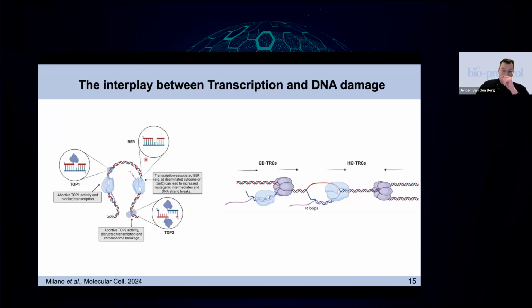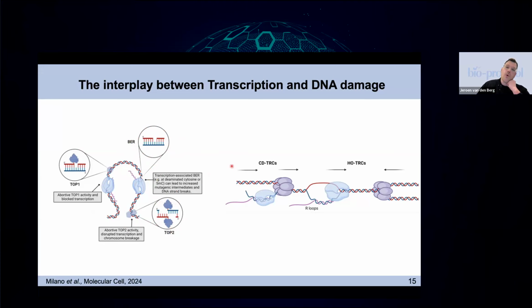There is a high turnover of DNA methylation in or around promoter regions and in transcribed regions, which sometimes requires base excision repair to remove these unfortunate lesions. And in the worst case scenario, you can also get topoisomerase II activity that really breaks the DNA apart, and this now also creates an obstacle to